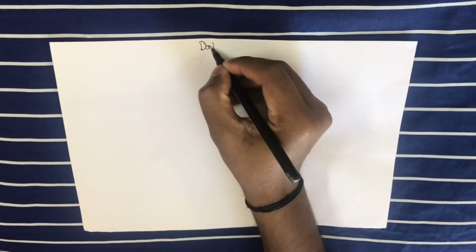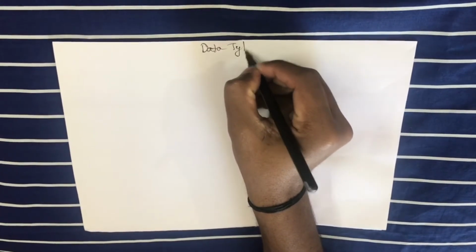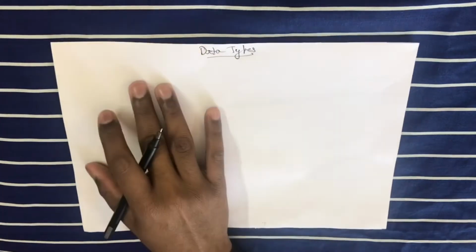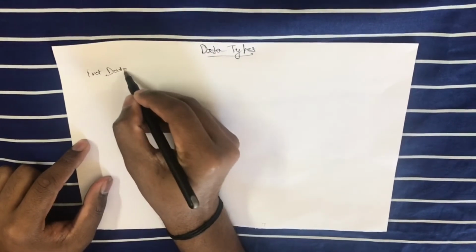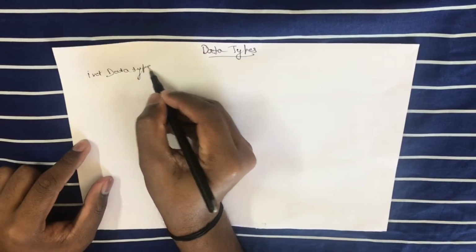In this video we're going to talk about data types. Data types are nothing but what we assign to a variable so that we can store that particular type of data. Data types in C language are many, but we are going to discuss the main data types which we would be using most in our programs. In that, first would be the int data type. In the previous video we have used the int data type.